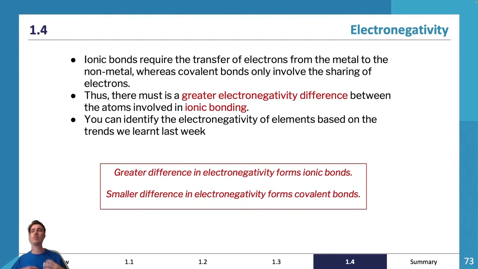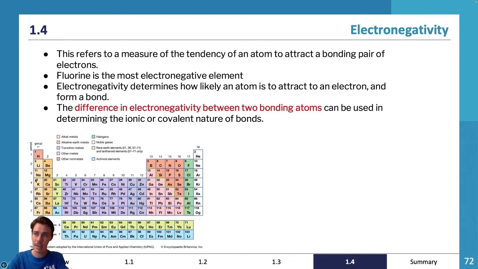So ionic bonds require the transfer of electrons from the metal to the non-metal, whereas covalent bonds only involve the sharing of electrons. What I want you to think about is those ions we had, Na+ and Cl-. Why was Na+ a thing? Well, if I go back to my periodic table, which was on my last slide, Na is here. Sodium is at 11. So what does that mean for its group and its shell structure? Bit of a tongue twister, shell structure. What it means for its shell structure is that sodium goes